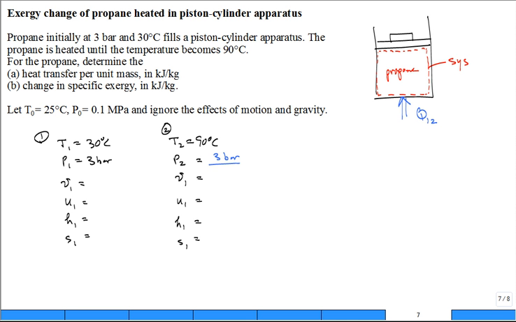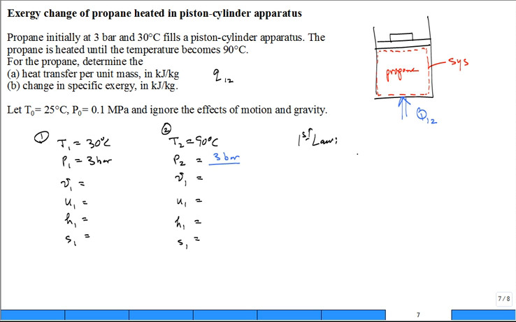What is the heat transfer per unit mass? So we're asked to calculate lowercase q during the process from initial state 1 to final state 2, right? How would we calculate Q1 to 2? We've got all these properties, U's and H's and S's and V's at our fingertips. Okay, so we write the first law. And the first law is written as